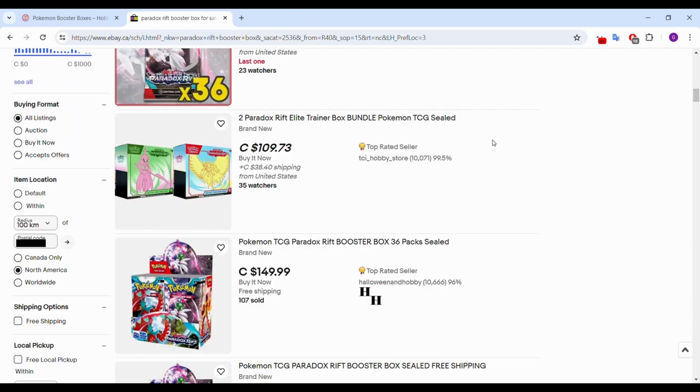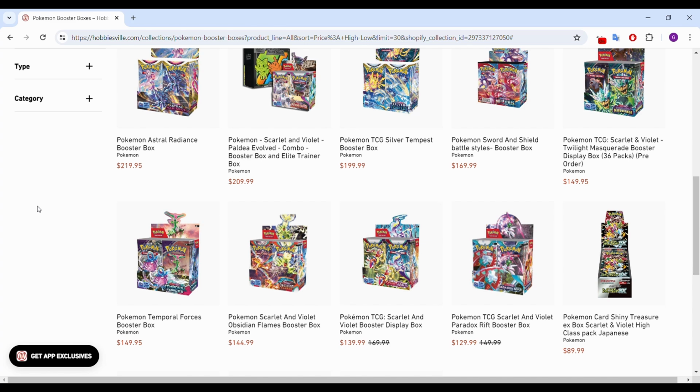And then finally, I always check eBay. It's definitely worth checking eBay. As you can see here, the lowest one's $150 free shipping. On eBay, you have to pay 12%. You have to pay the GST and the PST. So in this example, you're going to be paying 165 and 3 is $168 essentially. And again, that's Canadian, so don't freak out, you Americans. But yeah, so we can eliminate eBay, and then we're basically back to Hobbiesville,